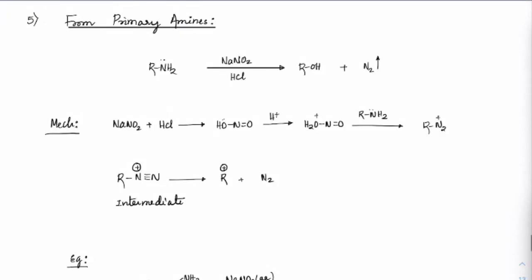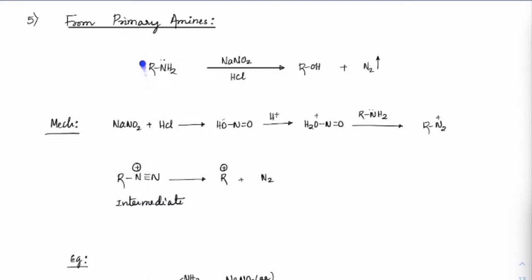Now let us come to primary amines. Let me recall what we are studying. We are trying to prepare alcohols from various sources. First we finished with alkenes, alkyl halides. In alkyl halides we saw Grignard's reagent as a special kind by which we can prepare alcohols. Now we are seeing amines, and how from amines we can get alcohols. In amines only primary amines can give alcohols easily.